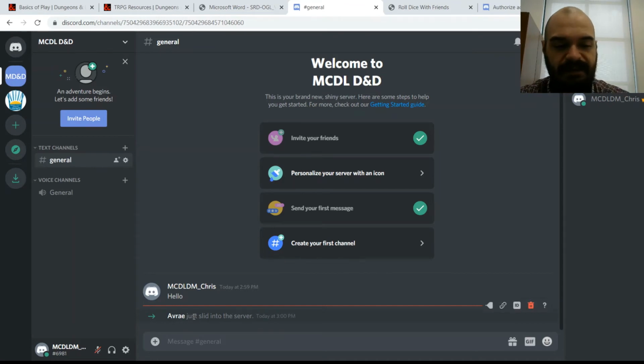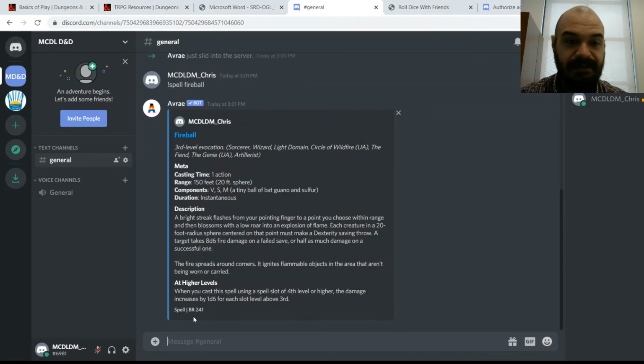What you can do with it is pull up the rules very quickly so you don't have to sift through the PDFs. So if I wanted to know how the spell fireball works, I type spell fireball. All right, and that gives you the information on how fireball works, and everything you need to know about the spell. This works for spells, classes,